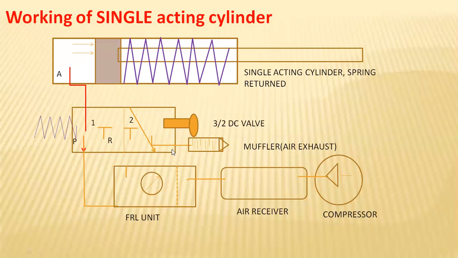Here, if you observe this 3 by 2, how it has been connected: this is port 1, port 2, and this idle port 3, and in the second position also we have 3 ports, 1, 2, 3, and 2 positions. Hence it is a 3 ports, 2 positions, 3-way, 2-position valve, push button, spring return, directional control valve.